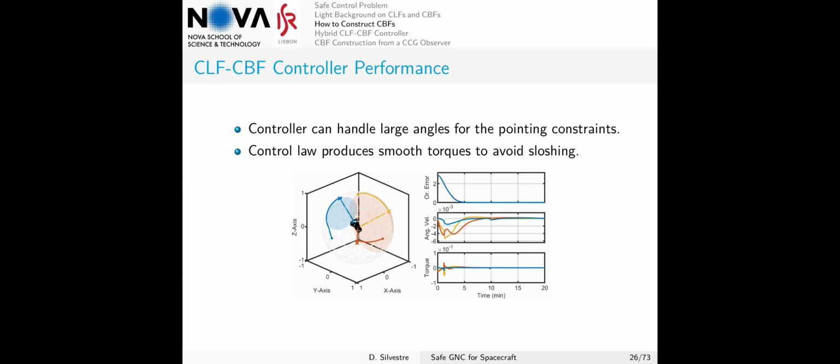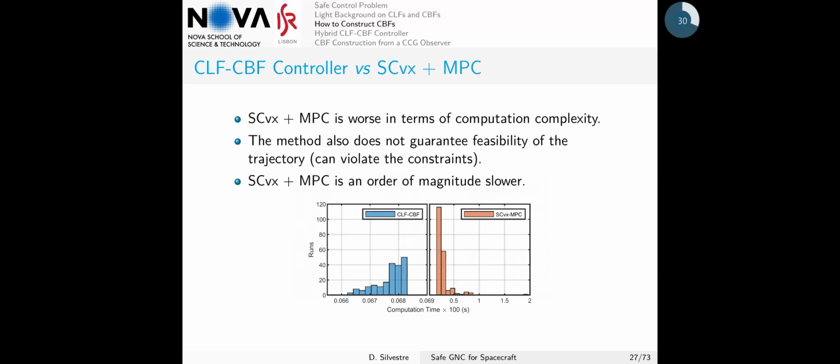Okay. And so, before I pass to that part, one of the main things that I would like to highlight here is that, of course, this guidance plus control approach is much worse in terms of computational complexity. And it's not guaranteed to verify feasibility of the trajectories. Okay, since we discretize this continuous trajectory in a bunch of points, it might happen that the solution of that is not dynamically feasible in